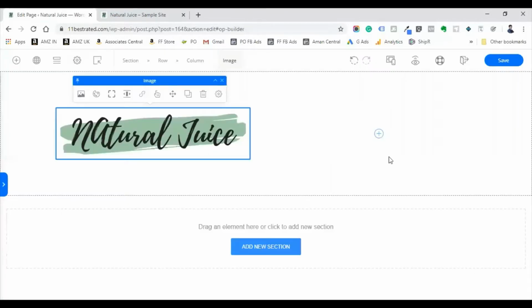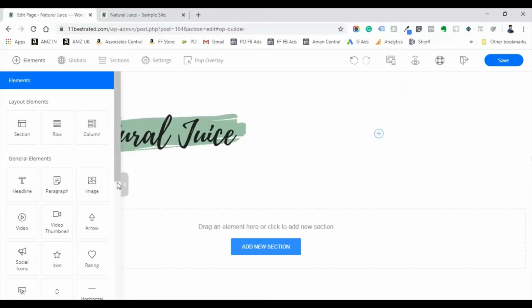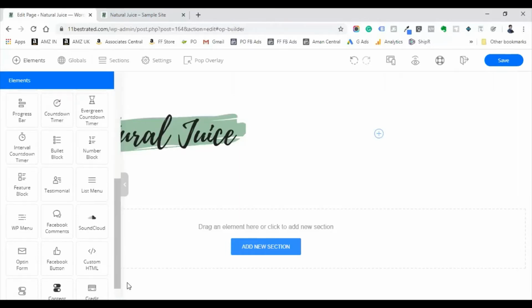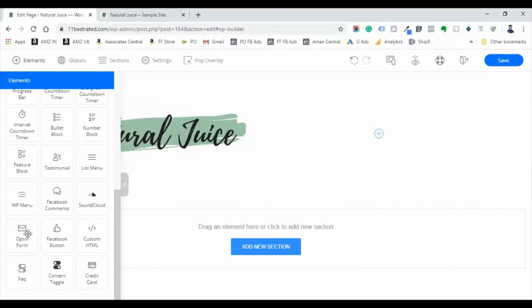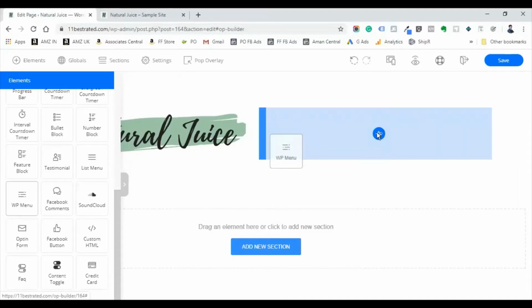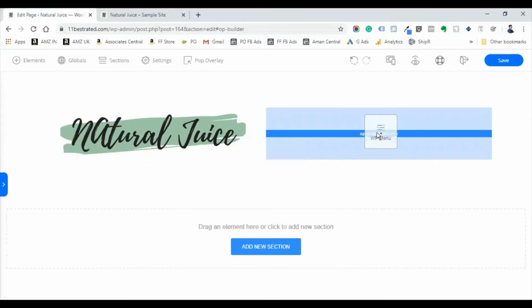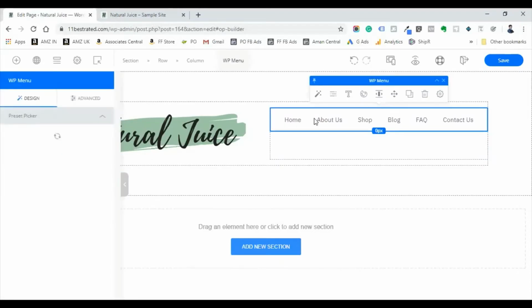And here we are going to add the menu element. You will find a menu element here, VP menu. Drag and drop it here. Yeah, we have added it. You can edit it however you want.